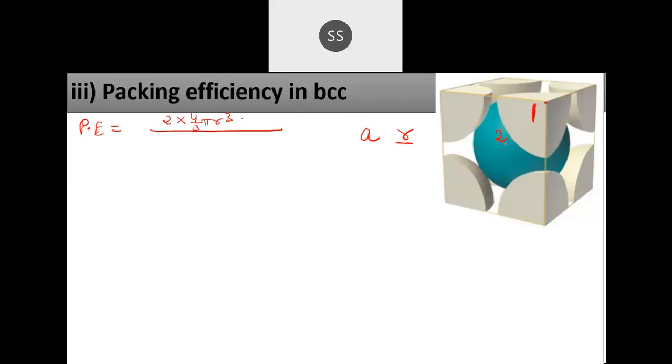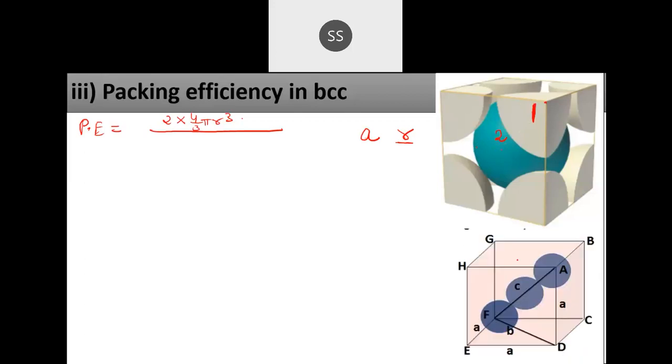So they will be exactly in contact with each other. I have shown the next picture below, you can see here. This is how the body centered atoms will be in contact with each other. Now this corner atom, like if you consider your room from one top corner and take it diagonally to the bottom of another corner, if you do like that, you will get the body diagonal.